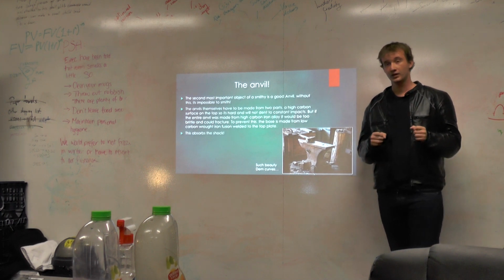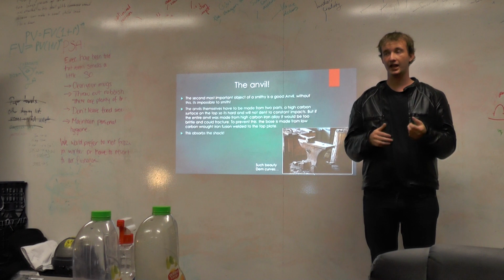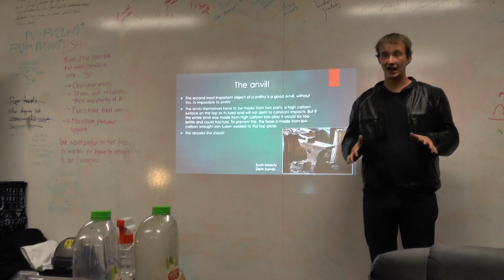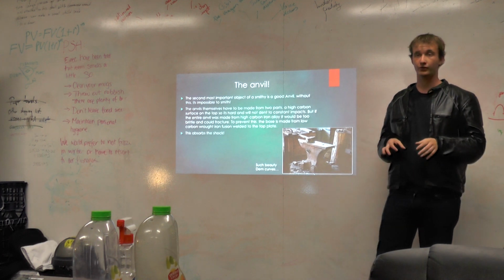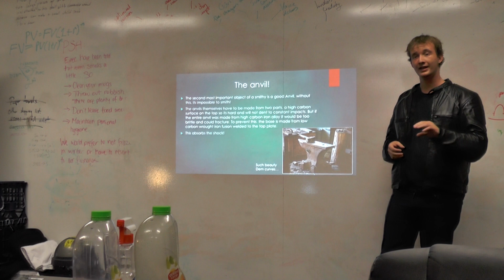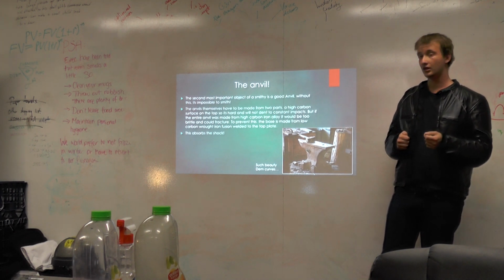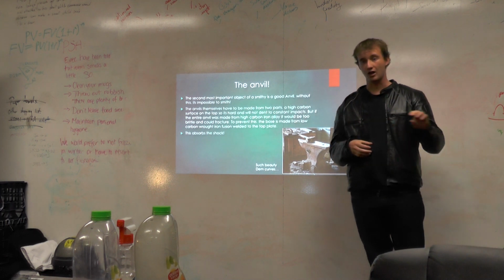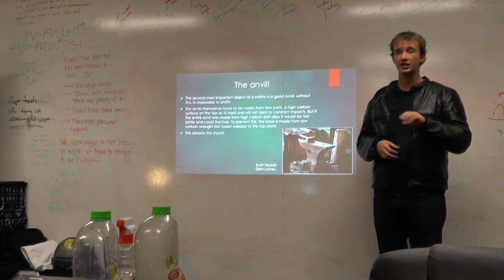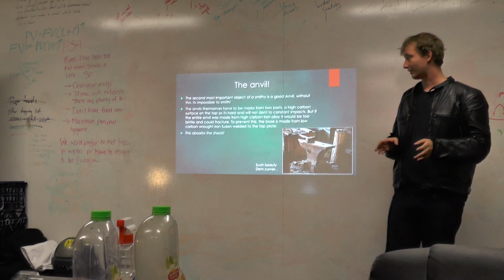So what they do is they get wrought iron, a very soft stuff that can handle shocks and absorb it all, and they make that the body of the anvil, and they fusion weld a very thin piece of very high carbon metal alloy onto the top. So it's a very, very hard surface, but underneath it will be able to absorb the shock, and that's what makes a good